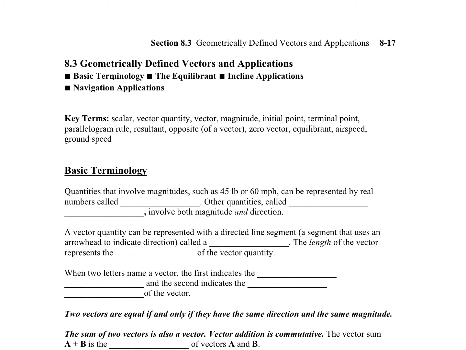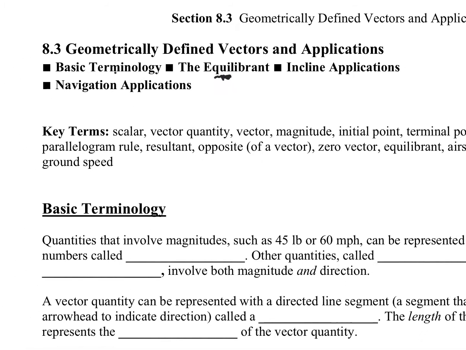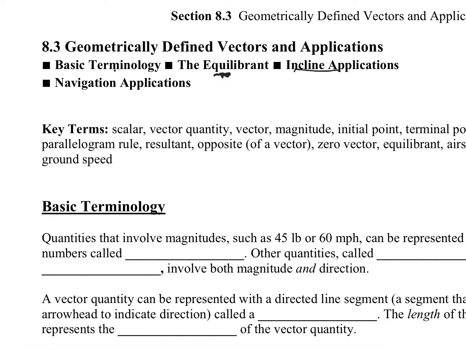Then we're going to talk about something called the equilibrium. You're also going to have another word. I don't see the word resultant in here. That's an important word, but the equilibrium has to do with a resultant vector. Then we're going to try to do a couple of applications that deal with vectors, like an incline, if you're on a ramp, or navigation, a boat moving, or a